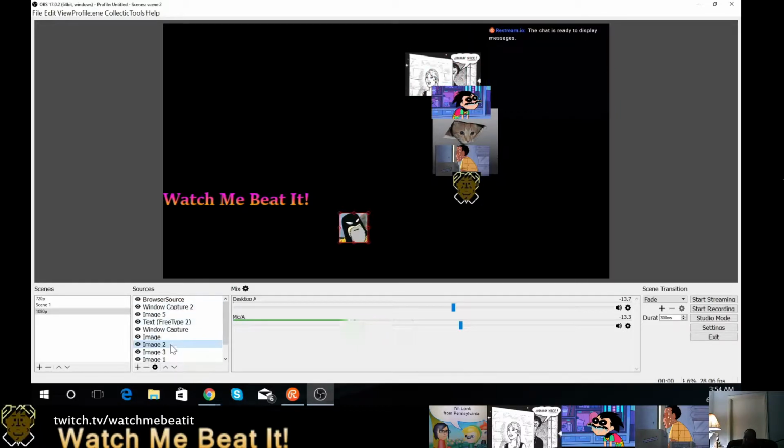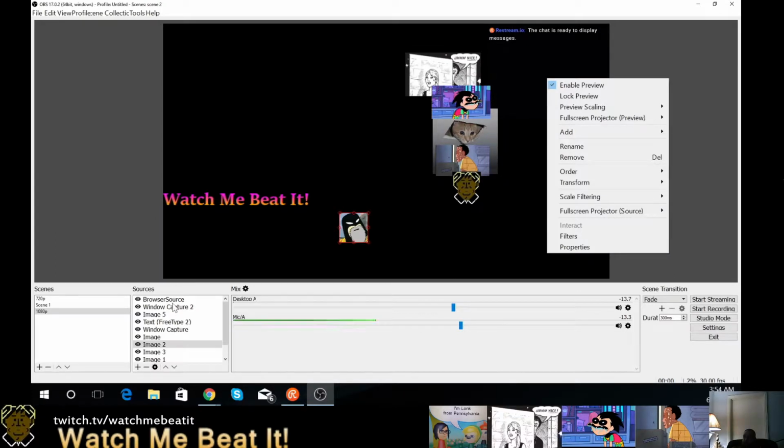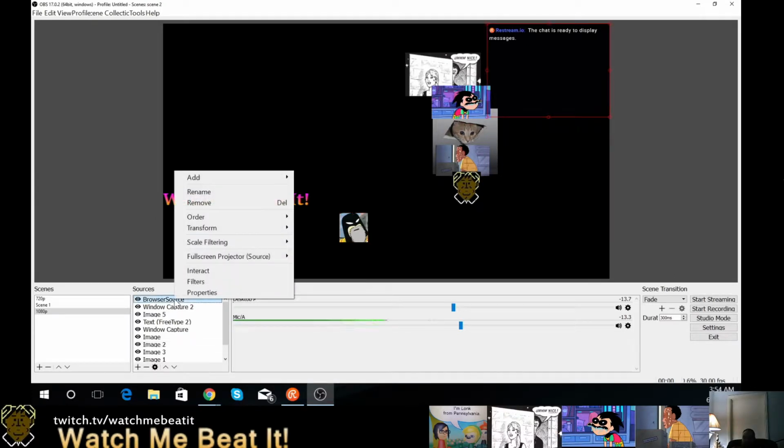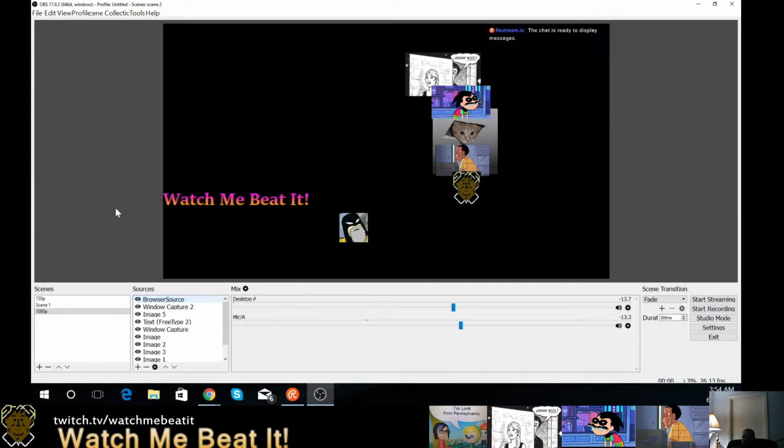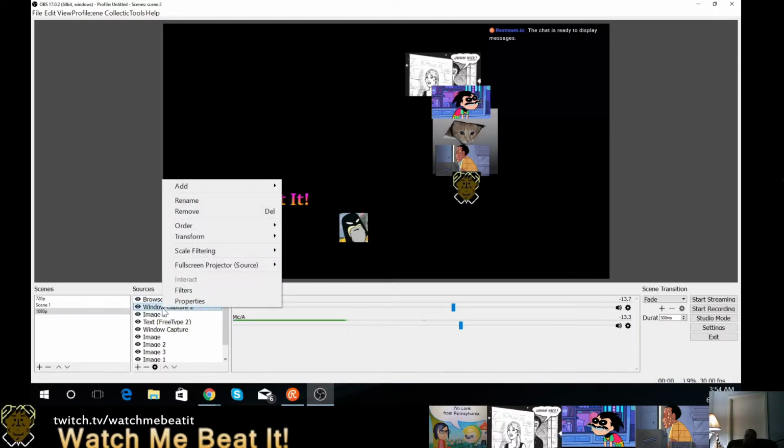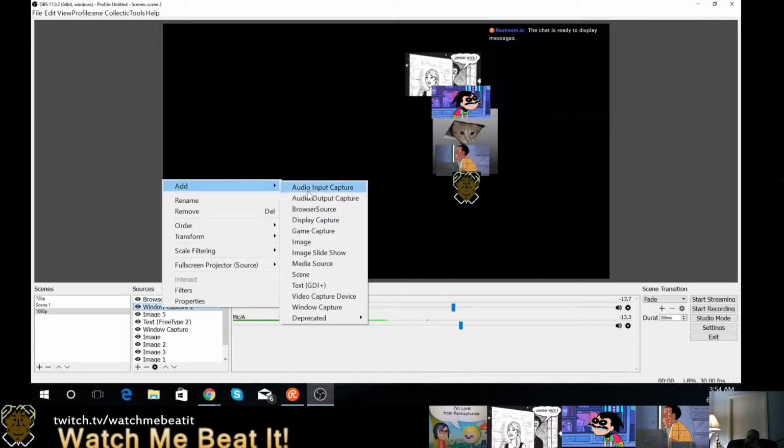I'm not even really trying to do this, but I don't use that anymore. But okay, so you can do all kinds of stuff here. Not trying to do that. Any one of these you right click on, you'll get the add function. And this can be audio input capture, audio output capture, browser source, display capture, which is just the whole monitor,